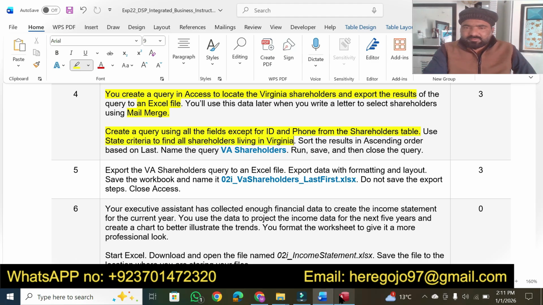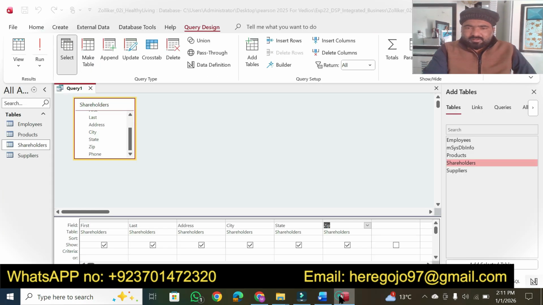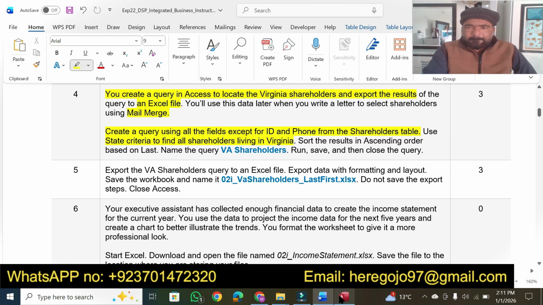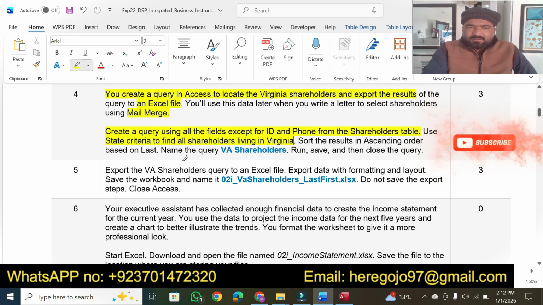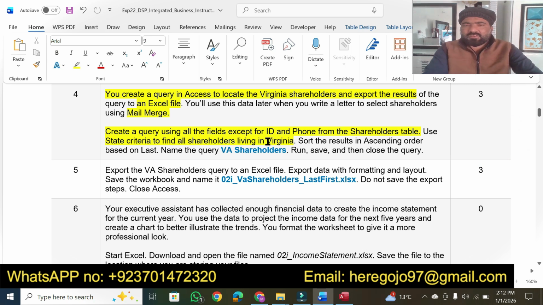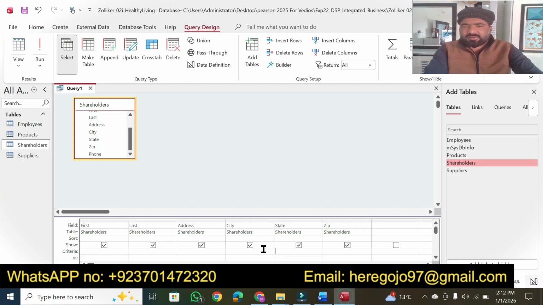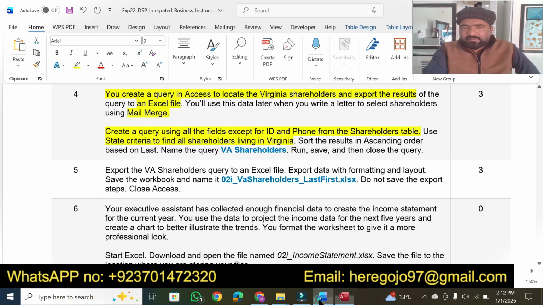Then use criteria to find all shareholders living in Virginia. Use state criteria here to find all shareholders living in Virginia. Okay, so we just copy this one and paste that here. Okay, then